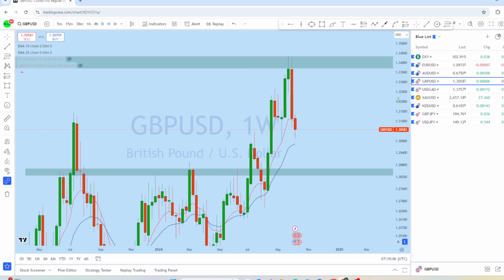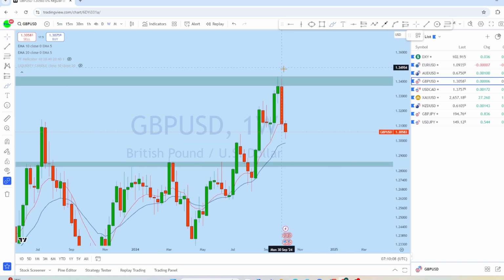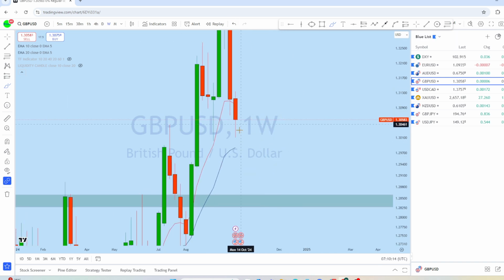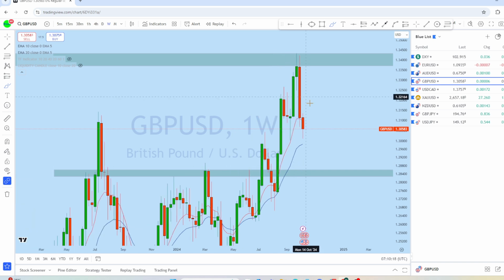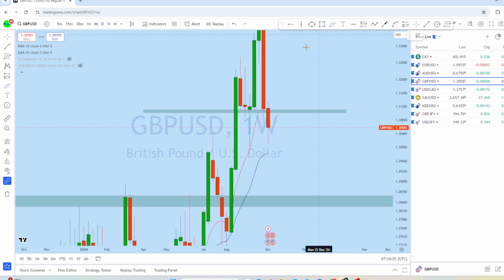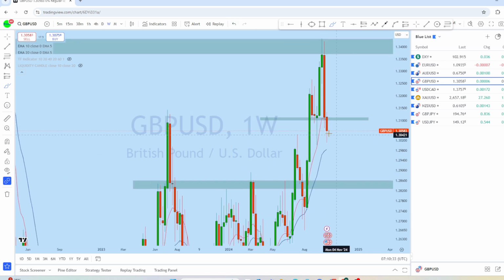If we look at the weekly chart, this is the weekly price action. We have seen a massive weekly drop followed by another weekly candle, which is a very narrow, healthy body with a long wick at the bottom, and therefore we can expect GBPUSD to come down to fill that long wick at the bottom. And this is an important support here on British pound US dollar, which is turning resistance, expecting the market to come down and then to fill that wick on the weekly time frame.